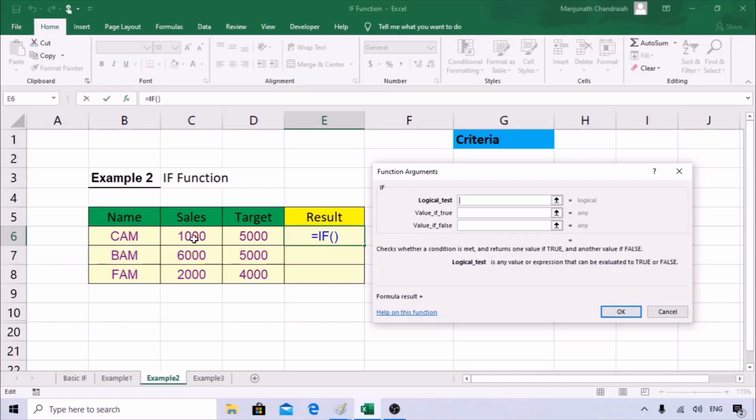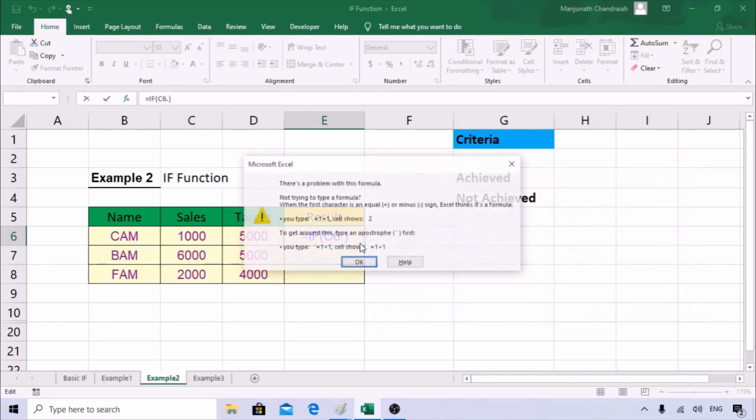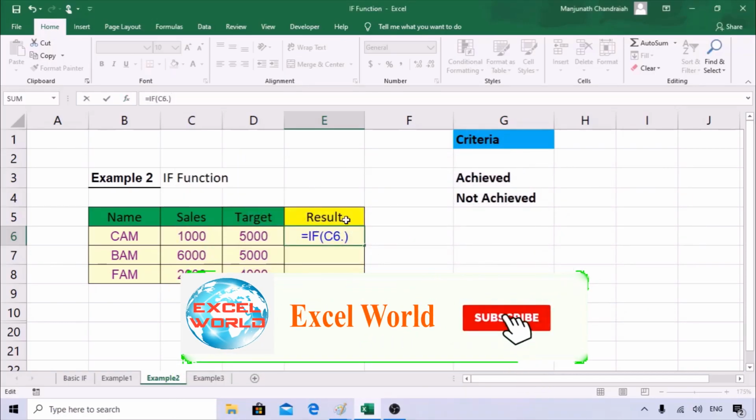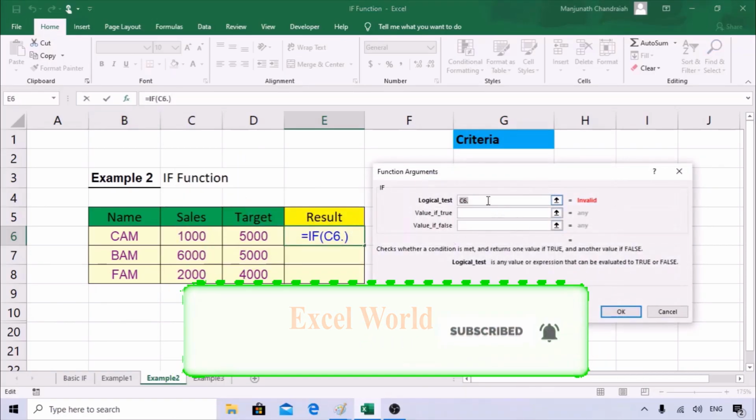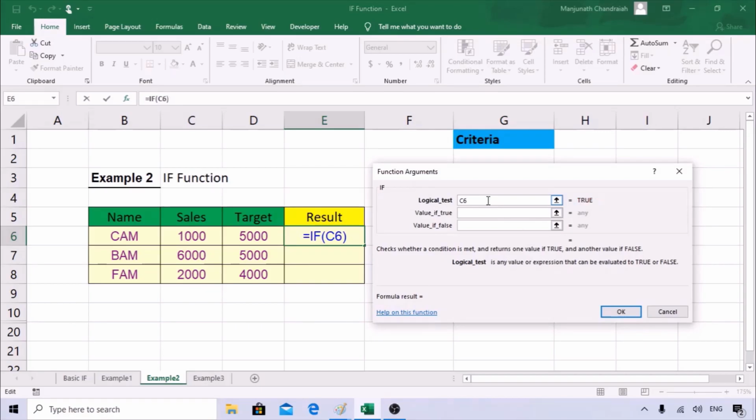Now here is the challenge: you can see sales and we have two cells here. We need to check the target and the actual sales. So how are you going to do it? This cell, sales, greater than or equal to.